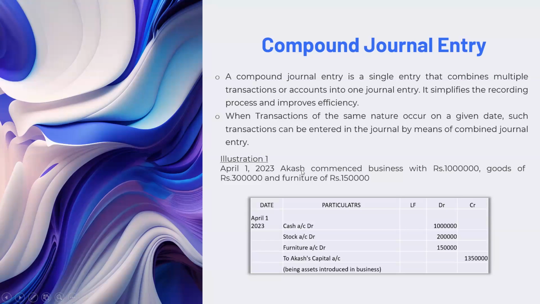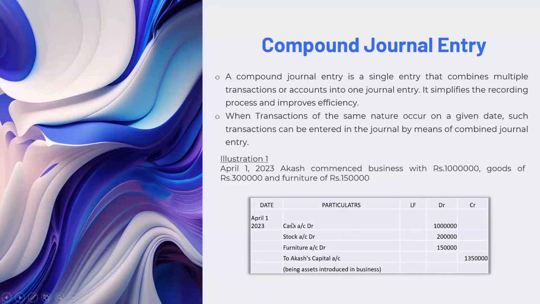The first aspect is cash, which is now worth 10 lakhs. So 10 lakhs has been invested here. And then stock. Cash has been paid to purchase the goods for resale, for 3 lakhs. Here I have mistakenly made it as 2 lakhs. Sorry for that. I'll change it. And then for furniture, cash has been paid for purchasing the furniture, and it's for 1,50,000. So furniture account debit, again 1,50,000.